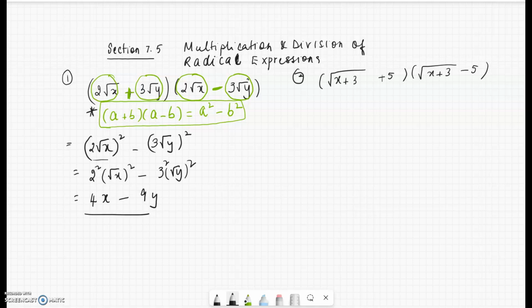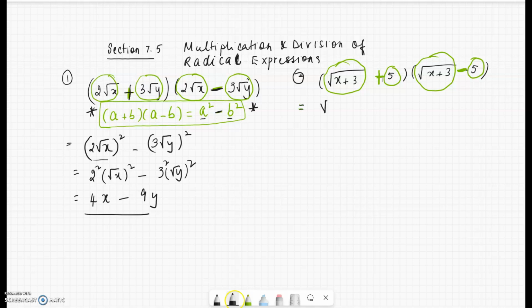So anytime you see this sort of a multiplication where you have a plus b times a minus b, always use the shortcut. This is called the difference of squares. So these are squares and it's the difference of squares. So a plus b times a minus b is square the first minus square the second. Now notice again here, you have a term a plus a term b, the exact same term a, and the only difference is you have a minus term b. So you have